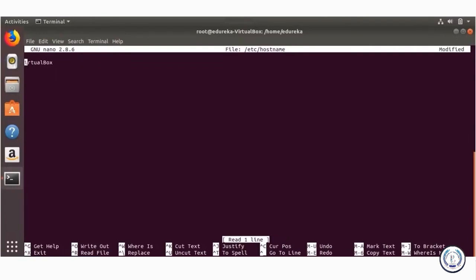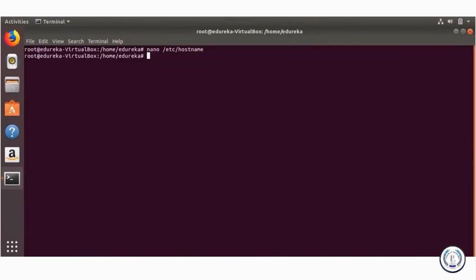So let me replace this and say kmaster, as in Kubernetes master. Let me save this and exit. Now if you want your host name to reflect over here, because right now it says root@edureka-virtualbox, the host name does not look updated as yet. And if you want it to be updated to kmaster,